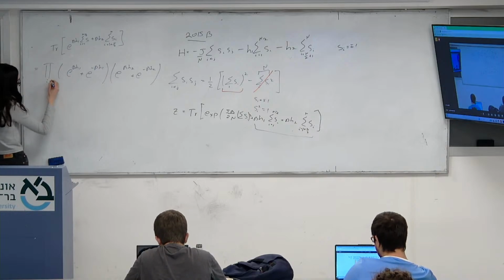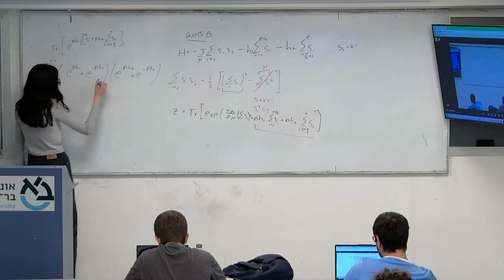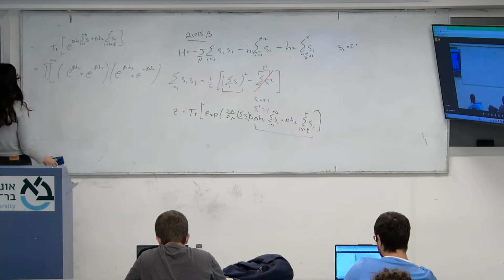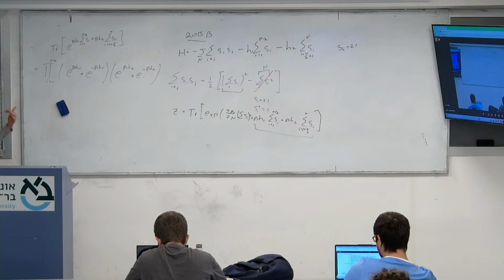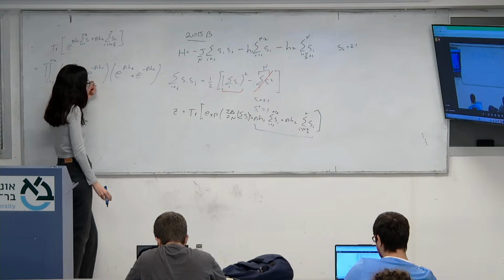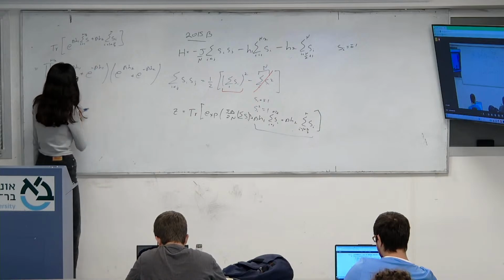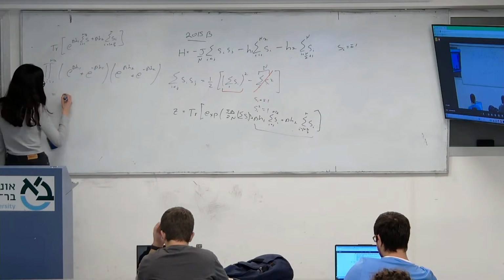Let's say one from i to n over 2, and one from n over 2 to n. But because I did them separately, I'm going to get eventually